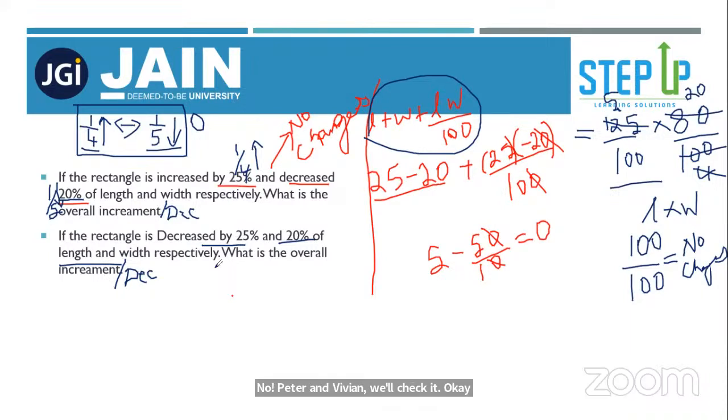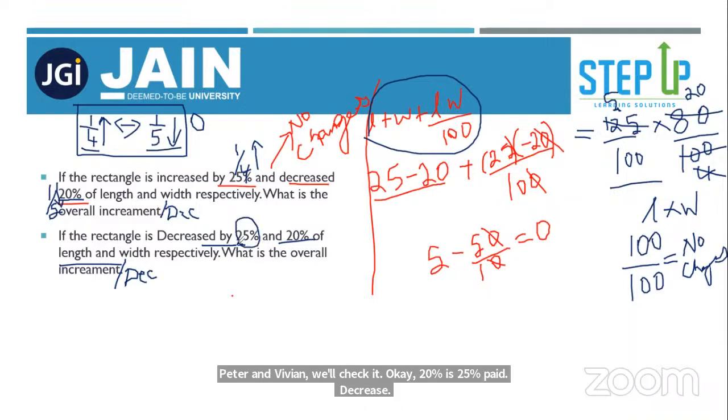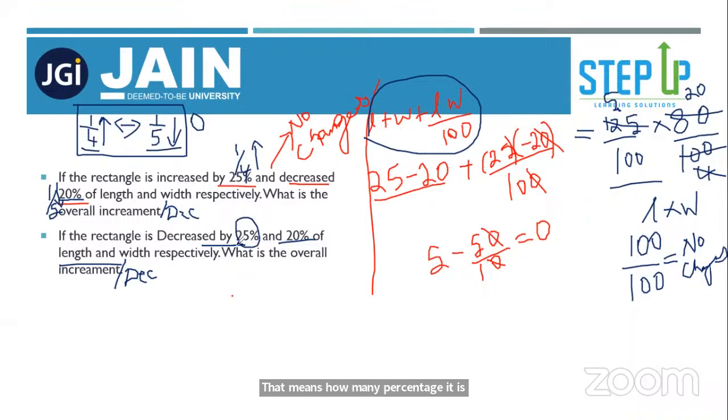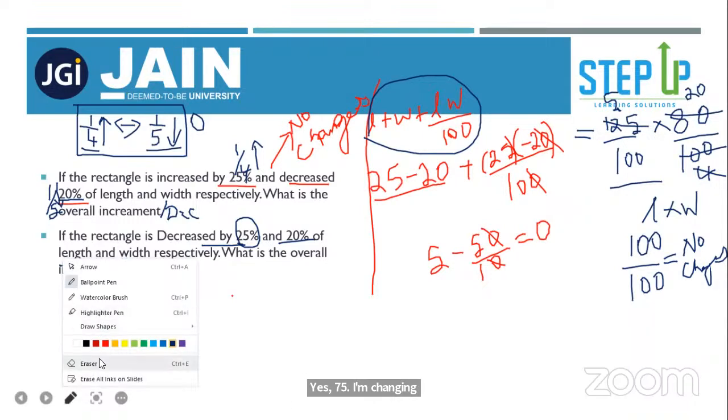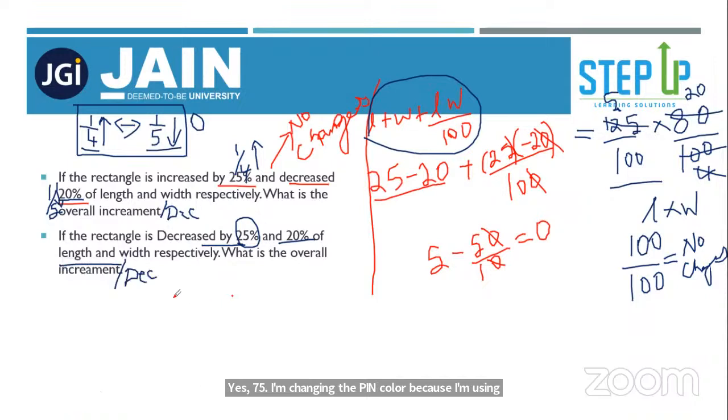Okay. 25 percentage decrease. That means how many percentage it is? 25% decrease means how many percentage it is? Yes, 75. I'm changing the pen color because I'm using the first method now. So 75,